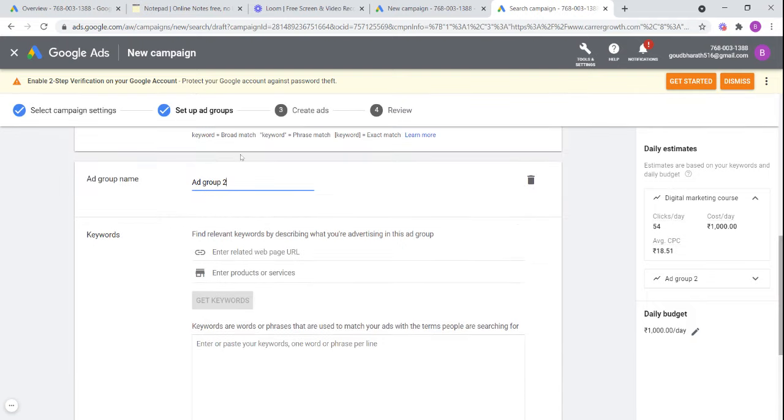Ad group 2. As I told you earlier, web development course. Here you can enter the keyword which you are targeting.